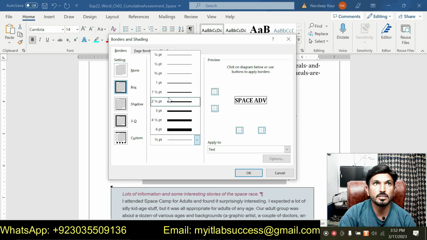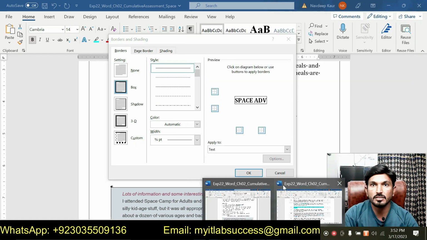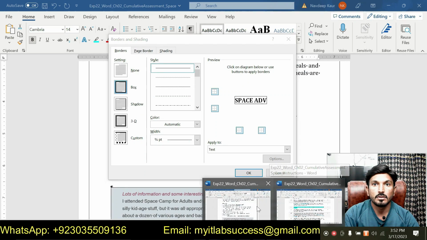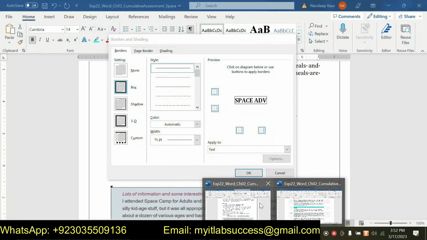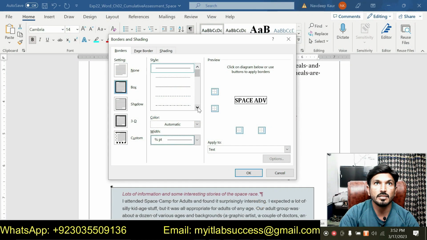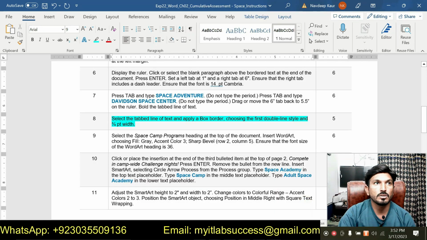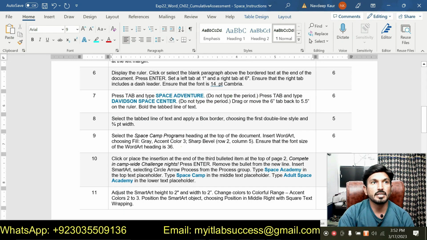and width should be 3 or 4 points, and then double line style. We are supposed to use the double line style. We will select this one and we will click OK. So you can see that I have applied the border to this text now. So that is all about step number 8, and now I will move to next step,